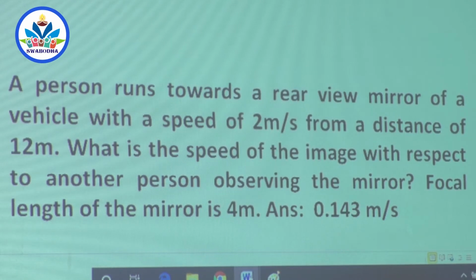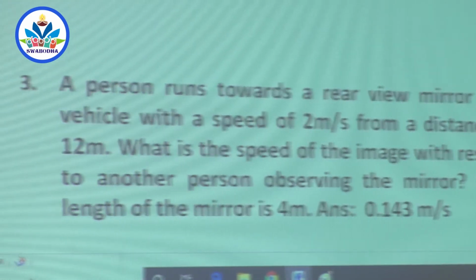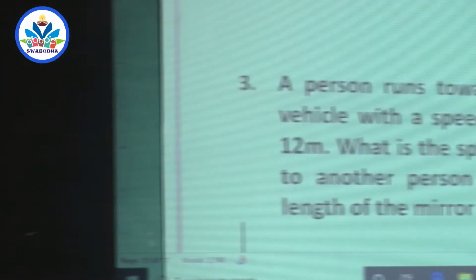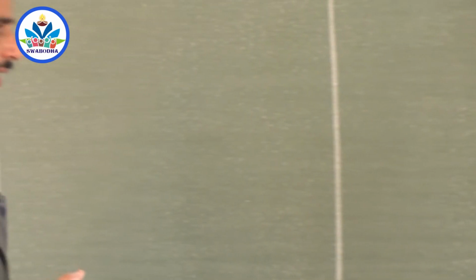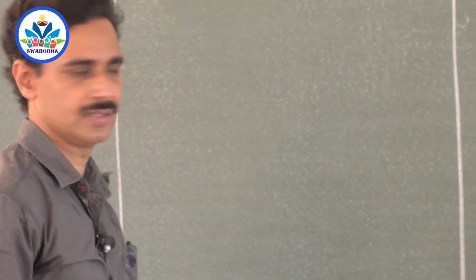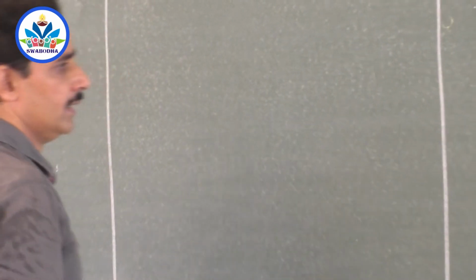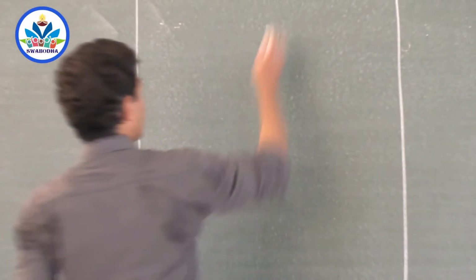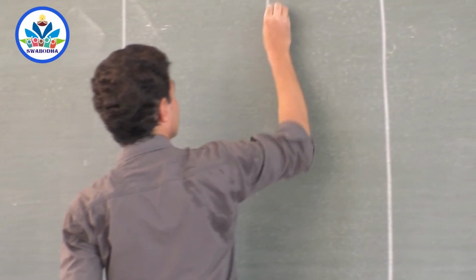So we will come back to this problem. Easy problem, but the first analysis requires some explanation. You can do this in two ways. If you want an accurate answer, you should go for one method, and if you want an approximate answer, you can do it in another way. Two methods, but in the entrance exam you go for the differentiation of the equation. Now, it's a convex mirror, the reflecting side is outside, this is a rear view mirror.